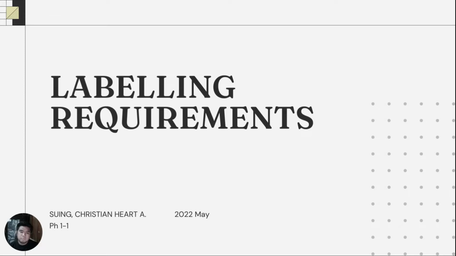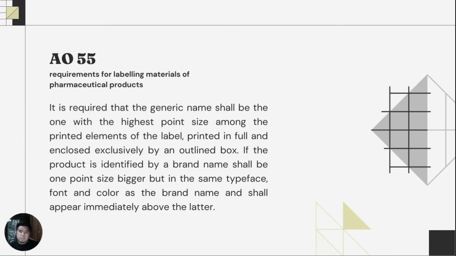To start off, in the Philippines, we follow a law that mandates the labeling of a pharmaceutical product, which is the Administrative Order number 55 that says, it is required that the generic name shall be the one with the highest point size among the printed elements of the label, printed in full and enclosed exclusively by an outlined box. If the product is identified by a brand name, it shall be 1 point size bigger but in the same typeface, font, and color as the brand name and shall appear immediately above the latter. Moving on to the next slides,